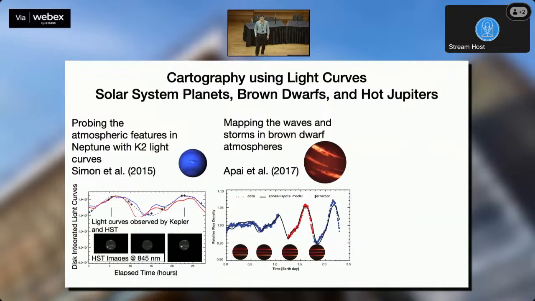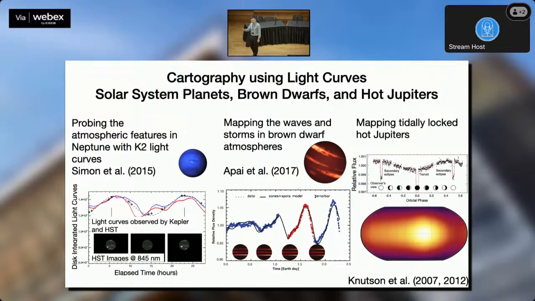Earlier today, we heard the talk about hot Jupiters. For those tightly synchronized objects, we know they have this day-night contrast. And if we monitor them across their entire rotational phase, we can see that their maps can be explained very precisely by several low-order spherical harmonics. So the trick here is we can turn the time axis into the spatial axis and use very precise time-resolved observation to give us a spatial resolution that we can never achieve with the diffraction limit.